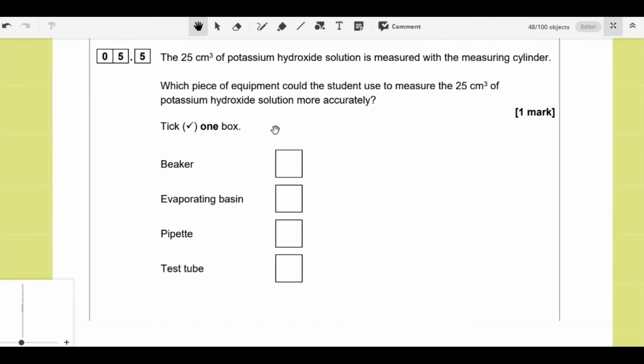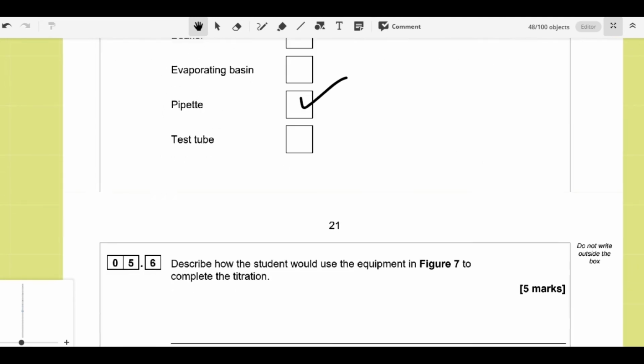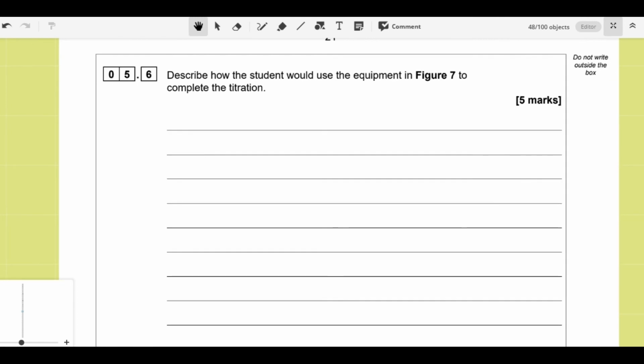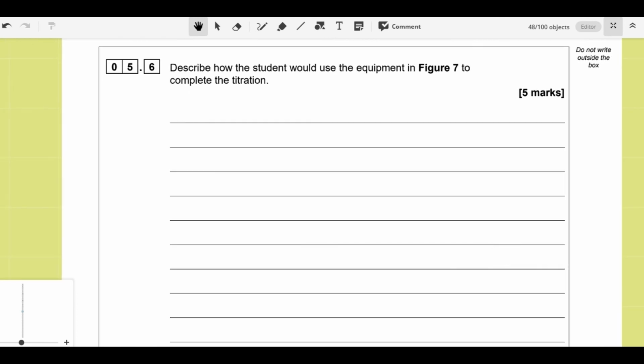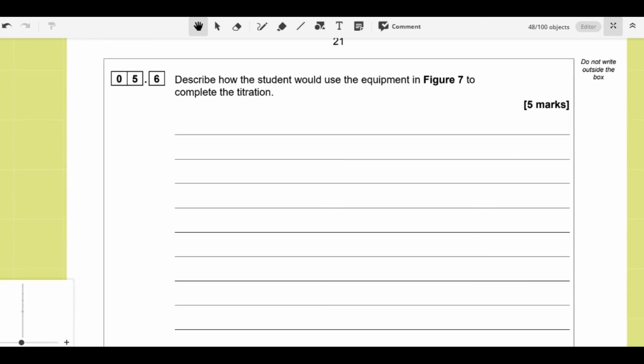Now the question is, the 25 centimeter cube of potassium hydroxide solution is made with the measuring cylinder. Which piece of equipment could the student use to measure the 25 centimeter cube of potassium hydroxide more accurately? So that is a pipette, that will be used for very minute, accurate measurements in the experiments. Next, 5.6 is about describing how the student would use the measurement equipment in fig 7 to complete the